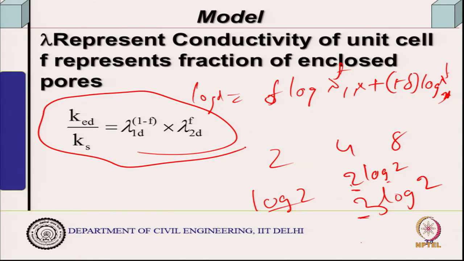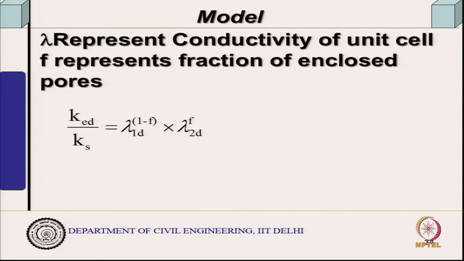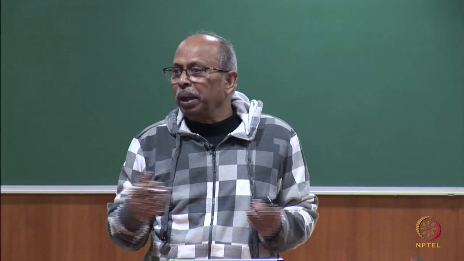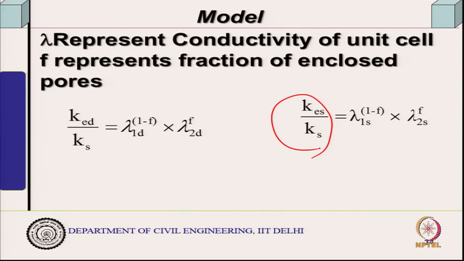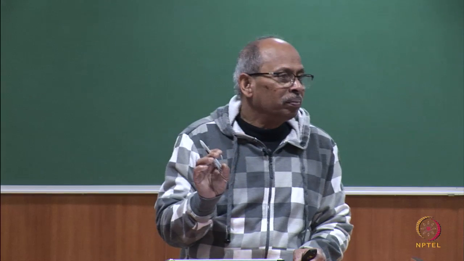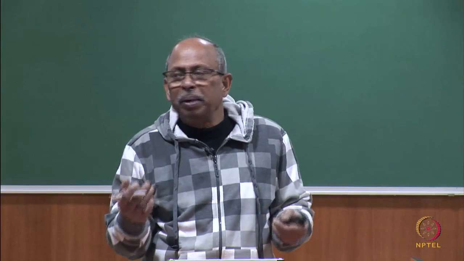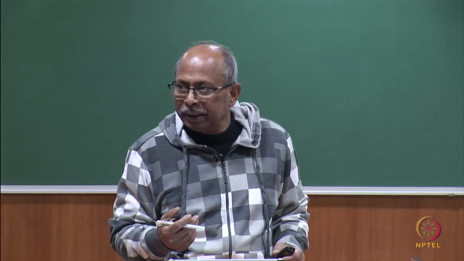I am taking a geometric average, a weighted geometric mean, because the values are very high and I am assuming a random distribution, according to some proportion. So, f is that fraction. Similarly, for the saturated condition I can do like this. Now, fully saturated and dry conductivities can be experimentally determined. Ks may not be known, because you cannot make a material with 0 pores. No real material will have 0 pores, whether you take concrete, brick, etc.